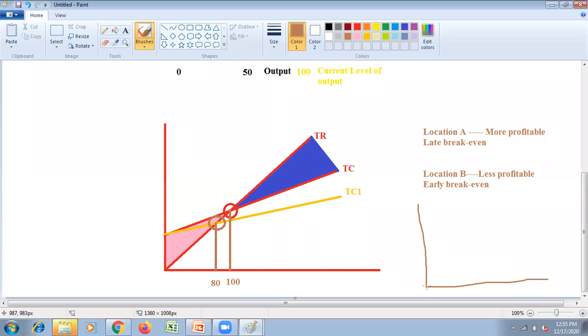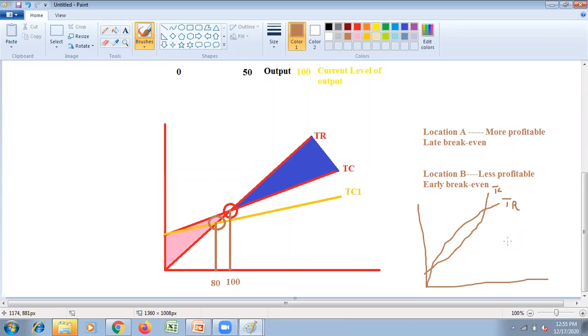Like this is total revenue. This is like this, and this could be your total cost. So they are the curves like this. Okay, this is the total revenue. So these are the curves, and they are